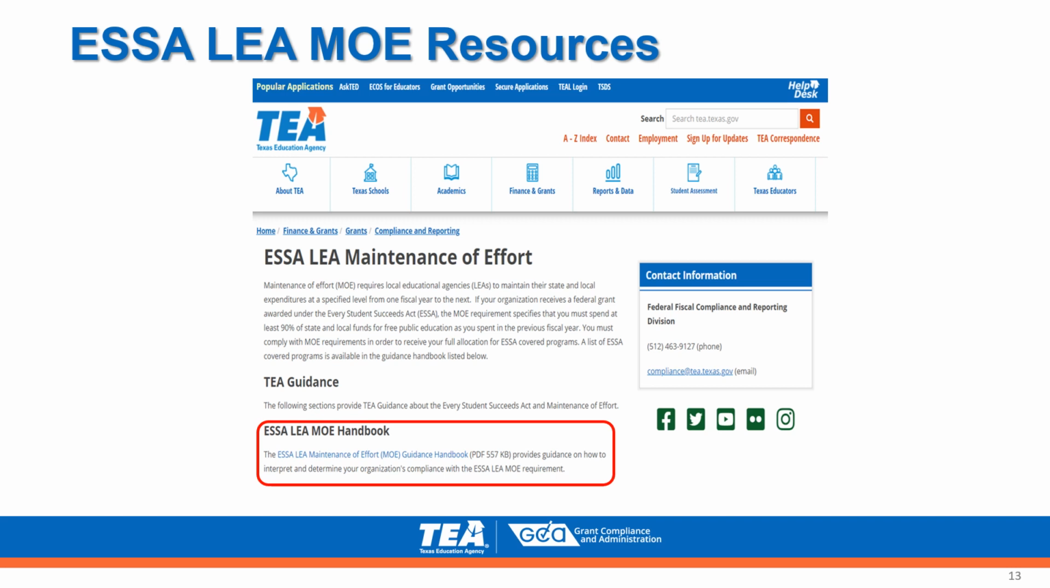Here is a snippet of the ESSA LEA MOE webpage that can be found on the TEA website. On this webpage, we have provided various resources and information regarding ESSA LEA MOE. A great resource we have in this section is the ESSA LEA MOE Handbook. You can review this handbook by clicking on the link in the ESSA webpage, or we have made this PowerPoint